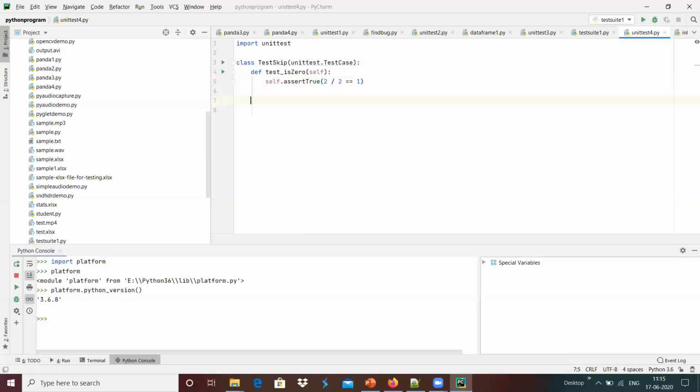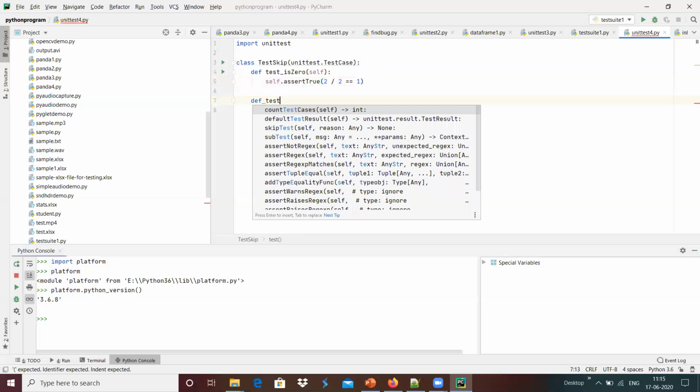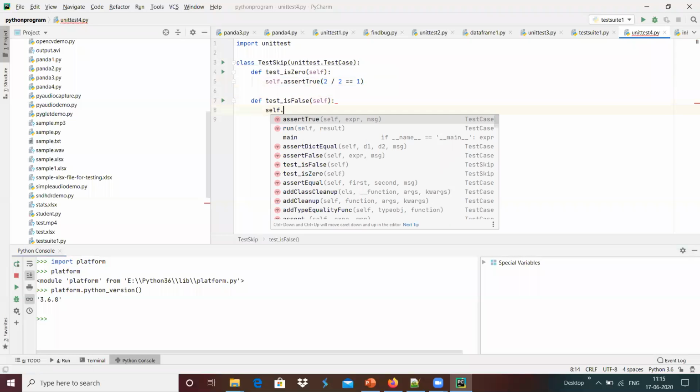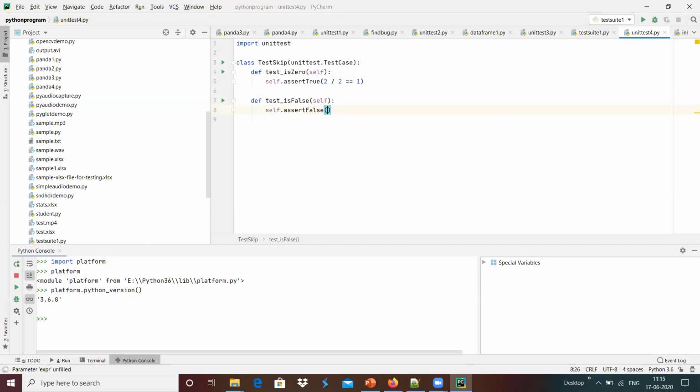In the same way, I'm going to do another one, test is false over here, and I'm going to do self dot assert false, 10 divided by 4 equals 5, I'm going to give over here.